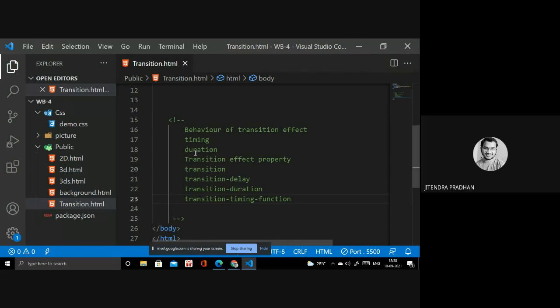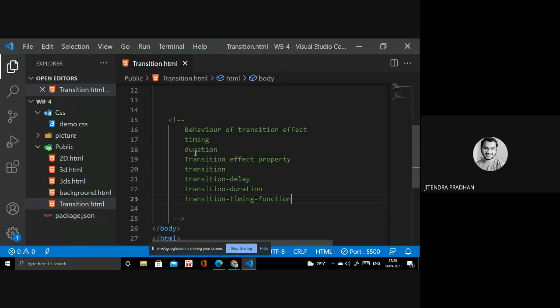Transition duration is the amount of time taken to perform all the tasks we have given inside the particular code. If I want to move an image from left side to right side, and increase the size of the text or image as it moves, we give the particular timing for that.